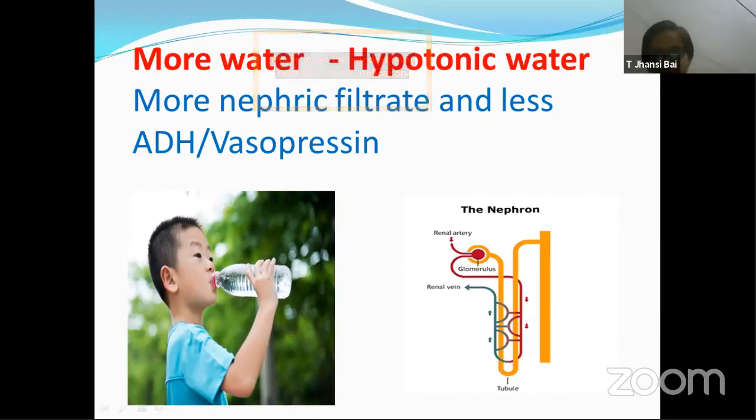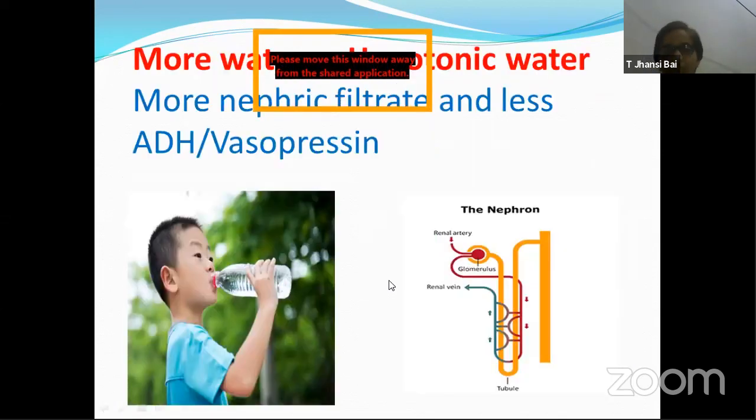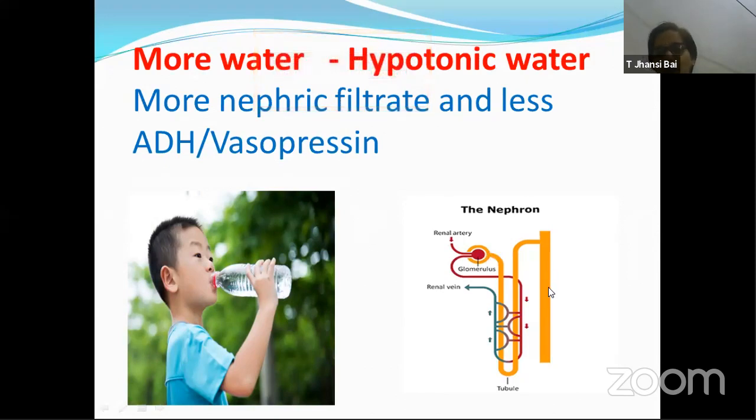So the first thing happening is that when you are taking more water, the increase in water increases blood volume. If the volume of the blood increases, the pressure rendered by that blood in the glomerulus is more. If glomerular pressure is more, ultrafiltration is higher, and the rate of filtration is also high. So more than 125 ml per minute is produced. The nephric filtrate is more than that. More filtrate is produced, so obviously more urine output takes place, and that means more water goes out. This is the first mechanism.